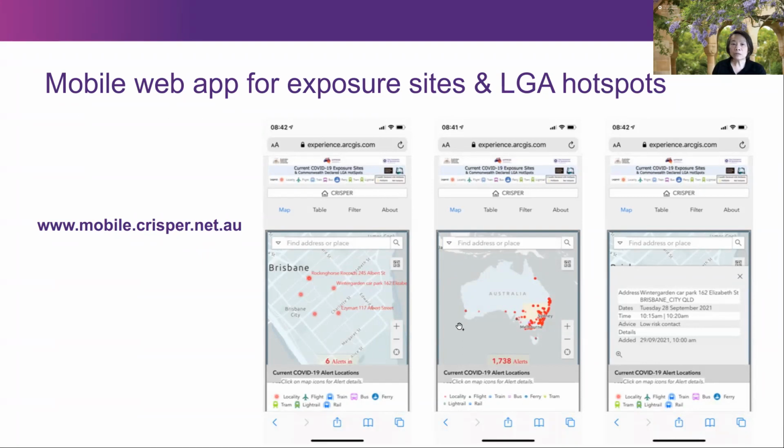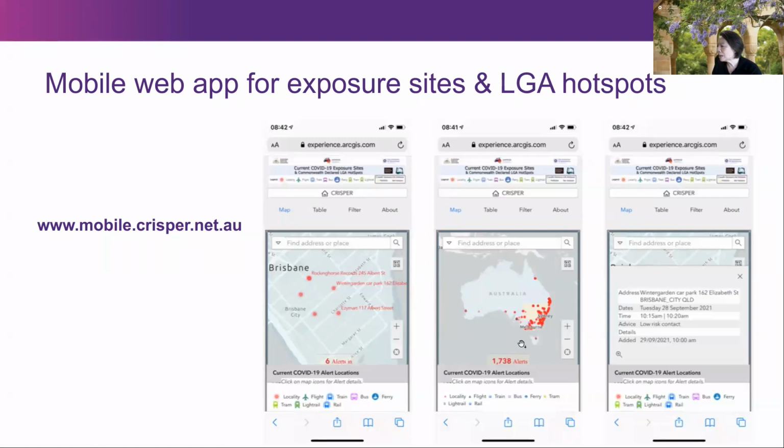And this is a national level app, so you can see exposure sites for the whole country. This is particularly useful for people who've traveled recently or people who live near border areas so that they don't have to go and check long lists of exposure sites on multiple health department websites. And contact tracers from health departments have also contacted us to specifically ask for different functions because they found it's really useful for contact tracing of people who've been recently interstate.